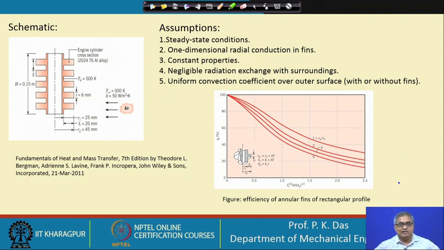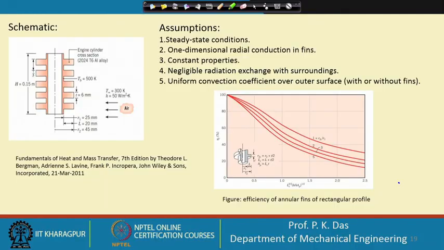This is an idealization. Many times I have told that whenever we provide fins, we make a change in the surface conditions and the convective heat transfer coefficient will be different. But for many of the examples and some of the practical cases, we do not differentiate between the heat transfer coefficient with fin or without fin. So, this is one idealization we make, and by some sort of design factor we take care of it.